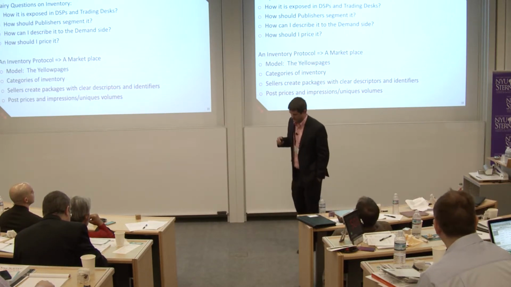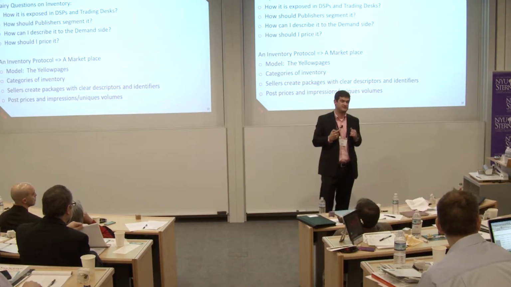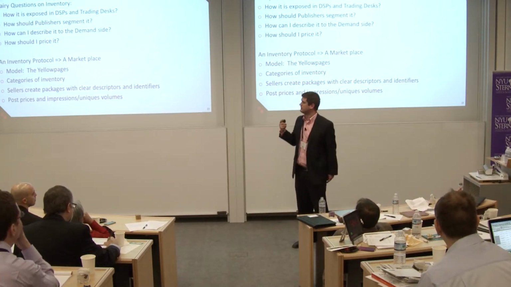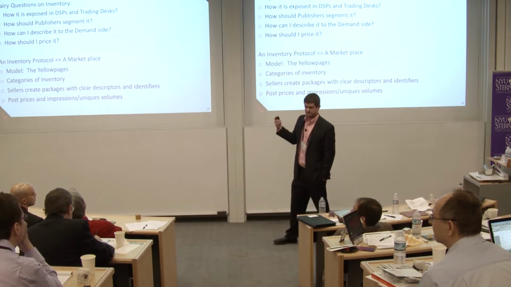So it is as if you, in your head, have all of your products carefully organized and packaged. But by the time you go and look at someone else's catalog, everything has been reordered, re-ranked, taken apart, and reshuffled. So questions on inventory. How is it exposed, right? How do you, as a seller who has a lot of interest in preserving your packaging, because your packaging and your pricing is essentially what differentiates your product, how do you preserve that packaging?